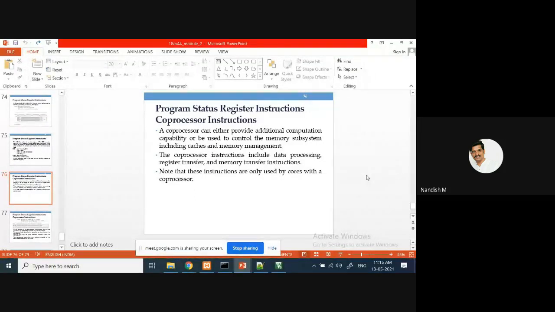Now here we see how to use the coprocessor instruction. I said in the ARM there is a support, there is a support to interact with the coprocessor. There are load and store instructions that will interact with the coprocessor. That instructions we discuss here.